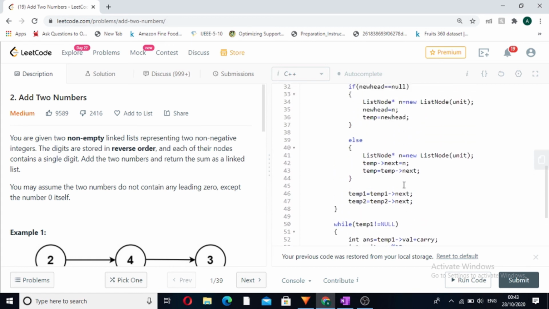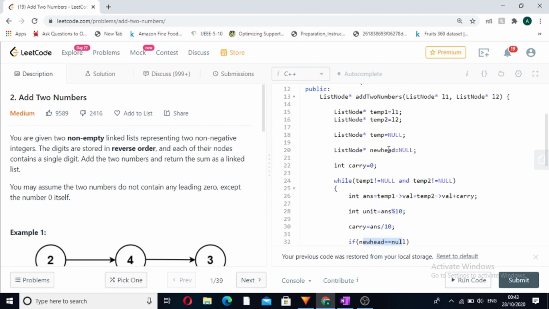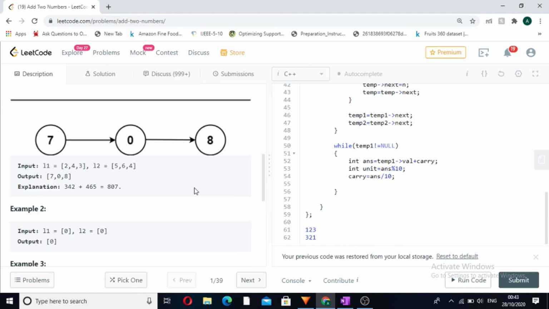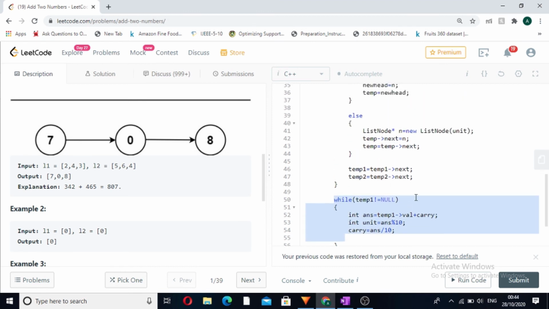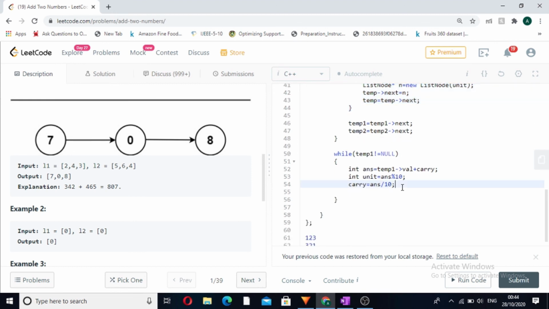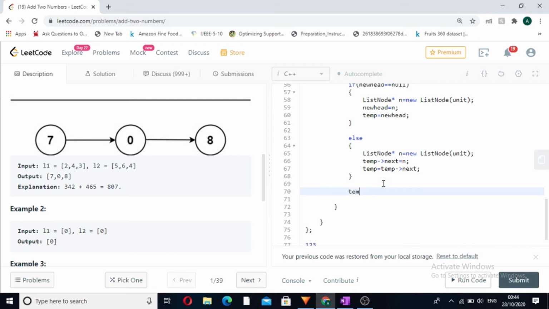So what we'll do, we will just copy paste this amount of code, that if our new head is double equal to null. I am really sorry that I have told that new head can't be null. It can be null when one linked list is of 1 length and another linked list of 0 length. So when we reach this loop, it might be possible that our new head is still null. So we just have to copy paste this same amount of code into this while loop. And after that, we have to do temp is equal to temp next, temp1 equal to temp1 next.